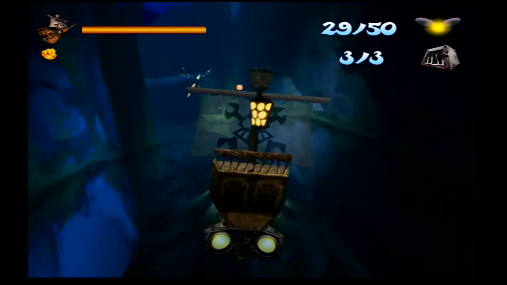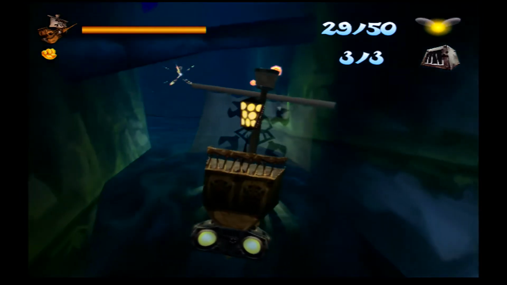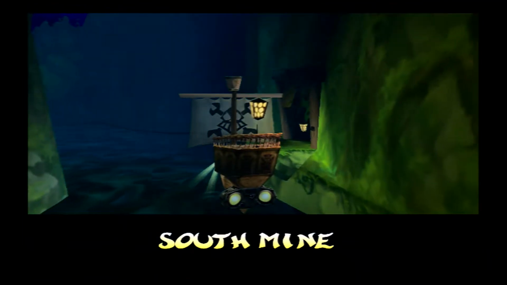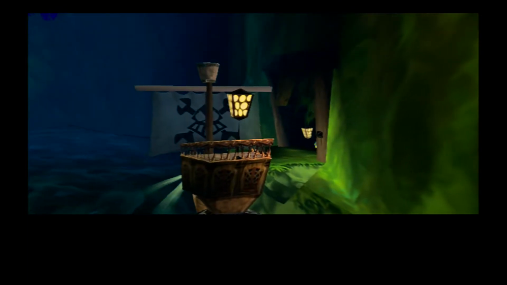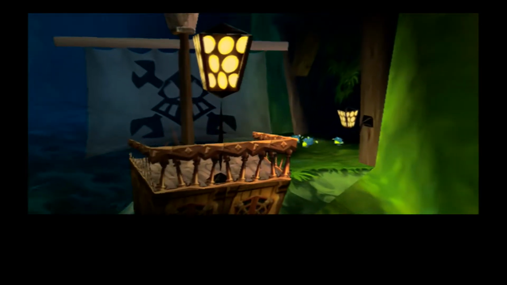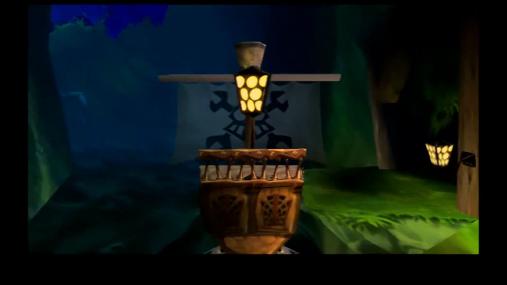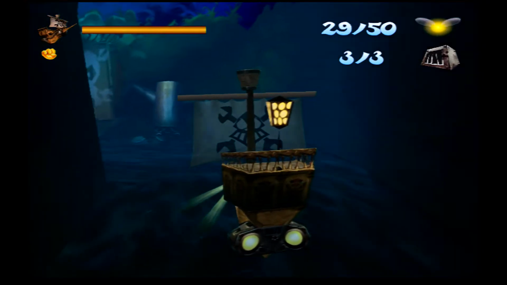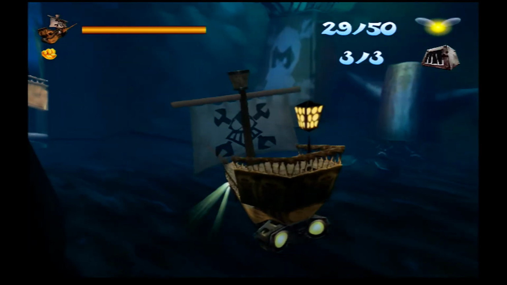Basically, the bit of advice I can give you for this is to hug the left-hand side wall until you reach a certain mine, which I'll point out when I get to it. Actually, yeah, just keep hugging the left wall, and you'll get through this without getting lost. Anyway, the music is delicious. All you need to do is drive this pirate ship up to each of these alcoves to get all the Glowbox babies. And then this section can be quite tricky